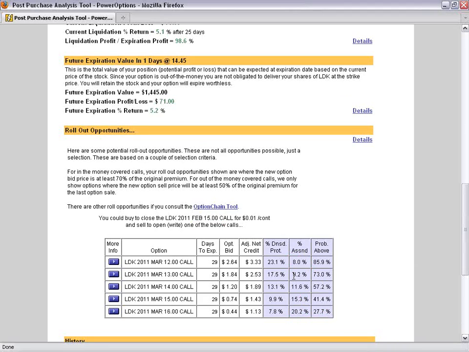Okay, you just have to decide which strike price you would like to roll to that has the better probability of getting assigned next month, and what return you are looking to achieve to still match your goals.